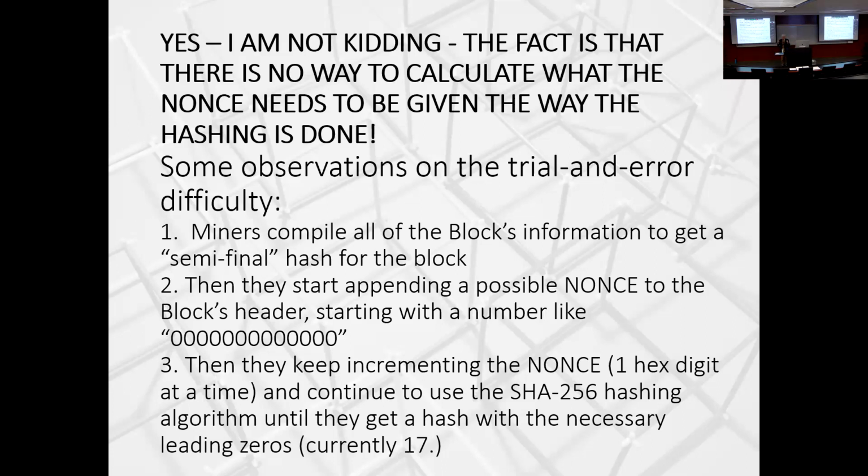And they know they have the right one because when I hash it with the Merkle tree root, I come up with 17 leading zeros. That's easy. I can look at a hash and I can count the number of zeros. And if it's 17, I say, well, I finally found it. The probability that it's going to be the first time is unlikely. So I have to keep doing it over and over again. So they keep incrementing the nonce and rerunning the hashes.